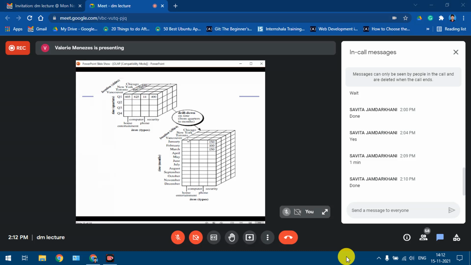So here the sales is shown month-wise, and the sales for quarter one is broken down into January, February, March. It is broken down into these three months, so it shows the sales done for each month. Each quarter is broken down into the respective months, and the sales is shown month-wise. So this is a drill down. Here the dimension which we use for drill down is time, and we climb down the concept hierarchy from quarter to month. So you all can take this down as well. It's very simple. Please take it down.